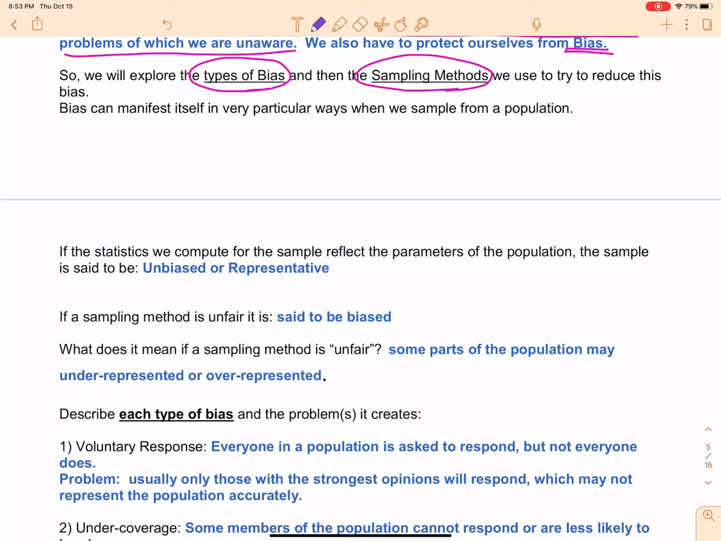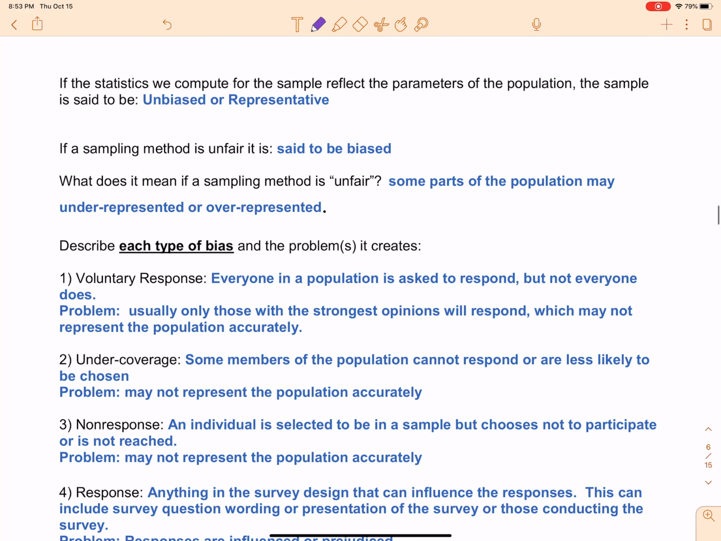Well, it does manifest itself in very particular ways when we do a sample for a survey. So bias is going to show up differently in sampling than it does in experiments and simulations. All right. So those types of bias that show up in experiments and in simulations, you're not really going to know because you're not going to know if it shows up. But when you're sampling, there are certain scenarios in which you can tell what kind of bias may occur depending